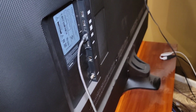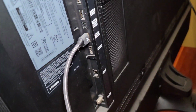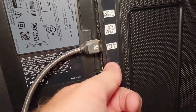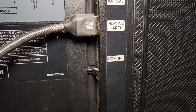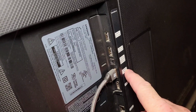So here we are on the back of the TV. Here's my HDMI cable going to my receiver, and my receiver switches the audio input. But now I'm going to run this HDMI cord. And you got to find the one that says ARC. See that little, it says it in parentheses there, ARC. Some of them don't say that. HDMI 1 is not. So we're going to run that HDMI cable from this ARC port, which is HDMI 2,